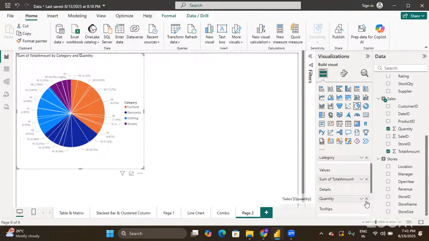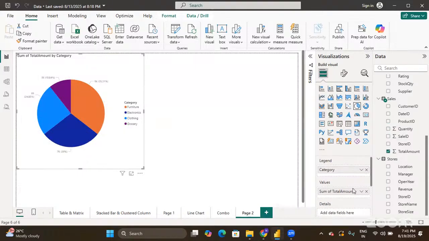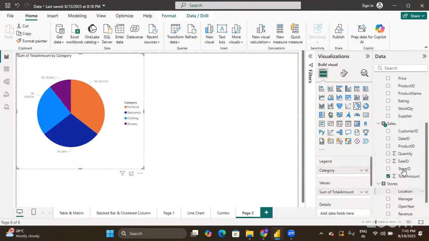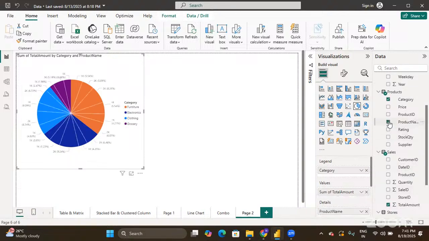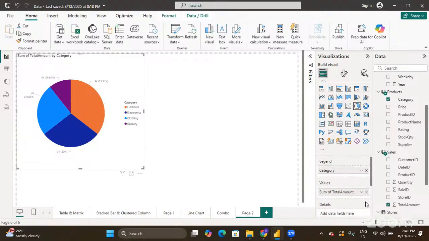I'll remove this. Let me represent the data in the form of hierarchy. Under legend, what column did I go with? Category. Under different categories, we have different products. Yes. Let us do one thing. Let me bring product name to legend. Not here. I'll bring product name under category. Immediately you'll see these arrow marks. What are they used for? They are used for